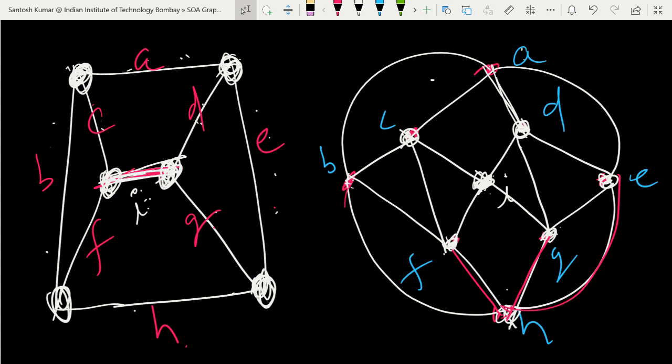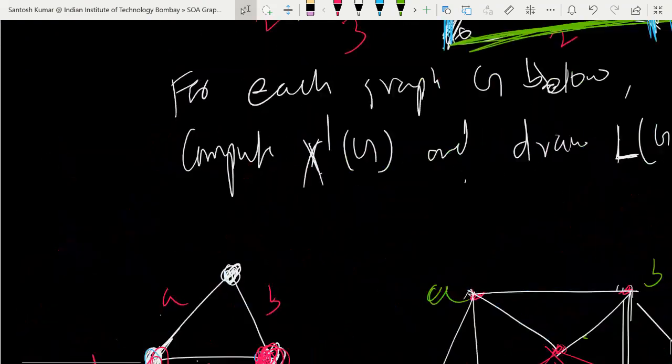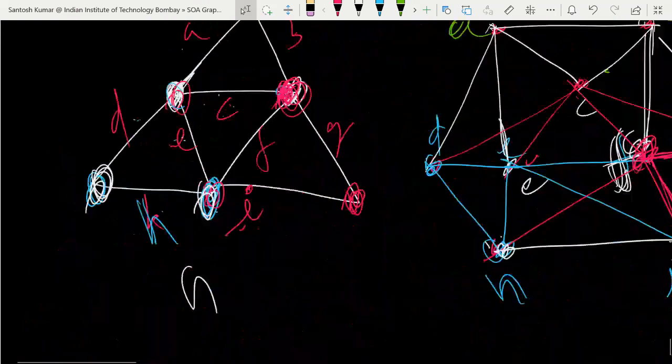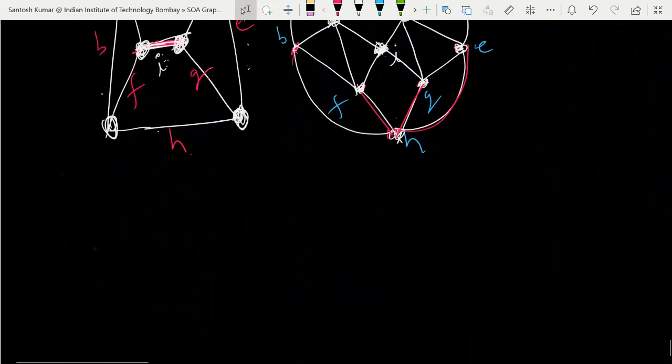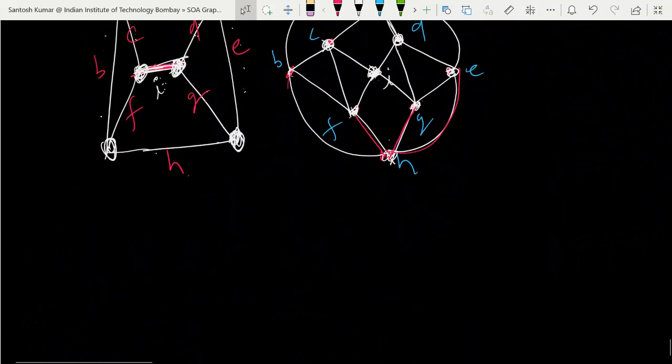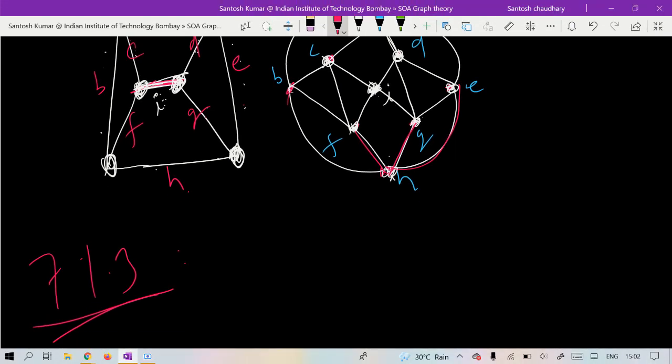So you can check. This type of question you can do easily. It is a question asking for the chromatic number of a line graph. Now in the next class I will continue this. I will solve 7.1.3 in the next class. So next class will finish this 7.1 exercise. Then we'll do one more article, then it will be finished. It will take just 2 or 3 hours now to finish the whole syllabus, so it will be finished soon.